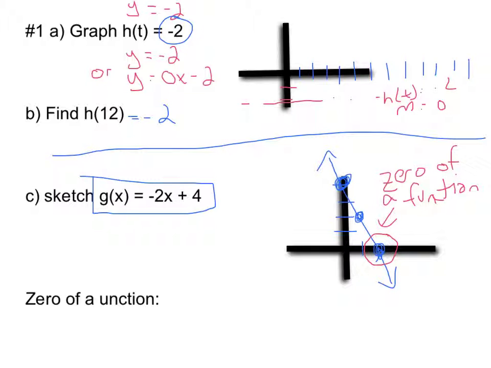It's the value of x such that the function is equal to 0. A little definition that I want to put here. The 0 of a function could also be labeled as the x-intercept, where it crosses the x-axis. And I want you to write a sentence there. If f of x, if the function is equal to 0, or in other words, if y equals 0, and remember, y is always 0 on the x-axis. If f of x equals 0,